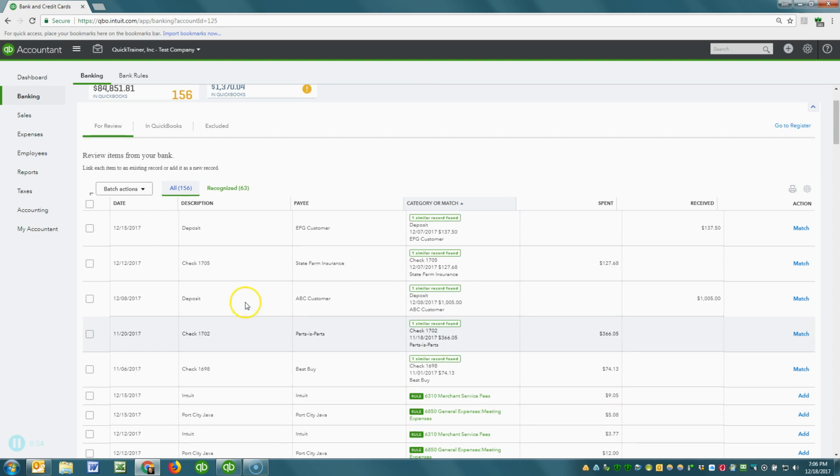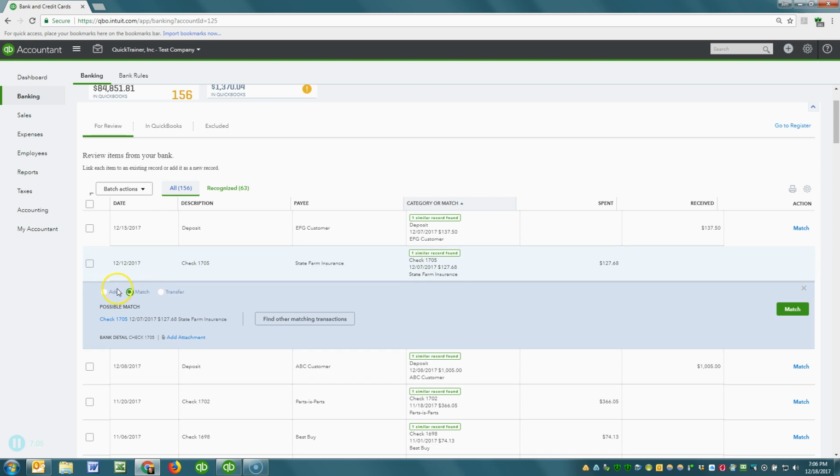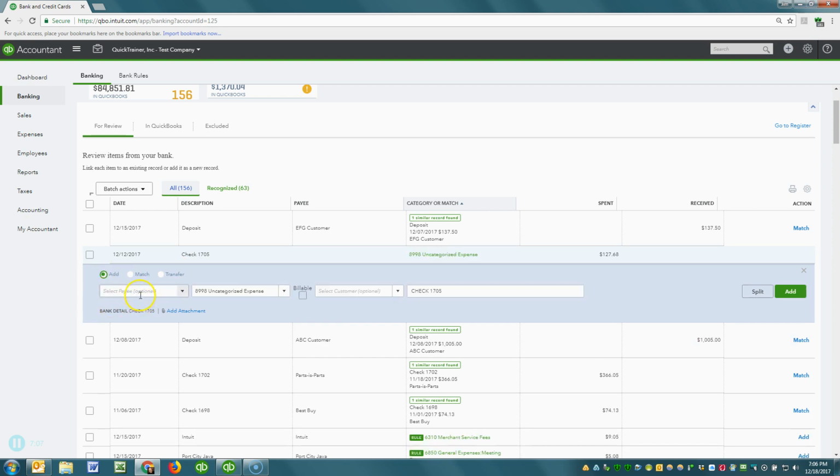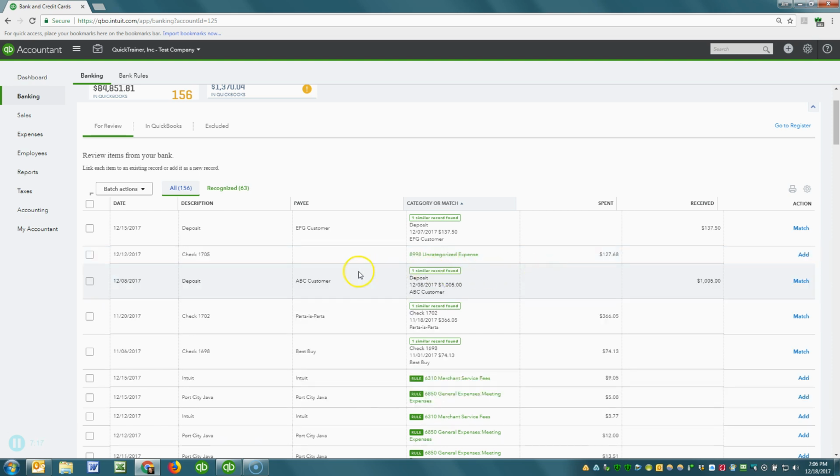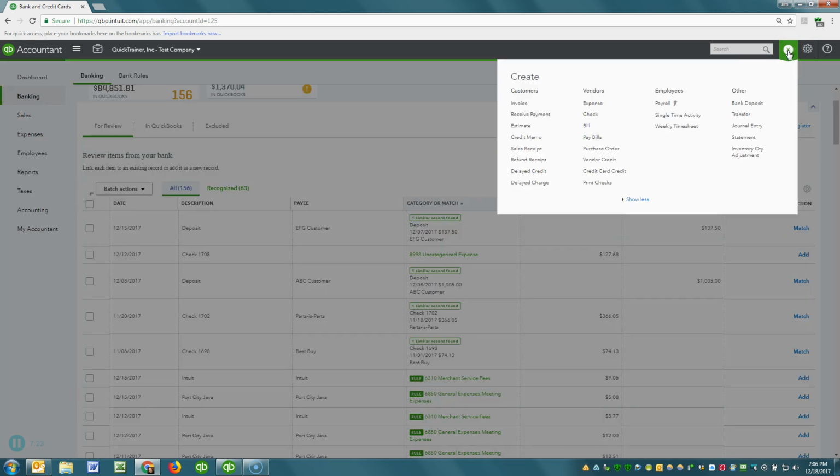When it comes to things like checks, if it doesn't say there's a similar record found, okay, I'm not a big fan of trying to enter that check right from this screen. You can do that. I could go in here, and if I know who it's written out to and what category it belongs to, I can do it. I'm just not a fan of it. What I would rather see you do is come over here to the plus, and the plus is where you enter transaction data,